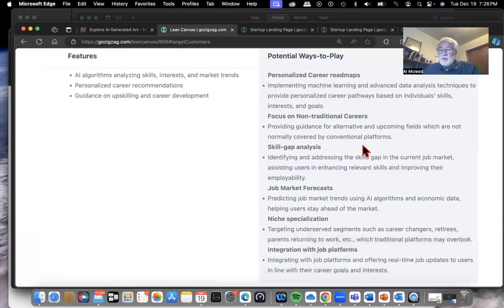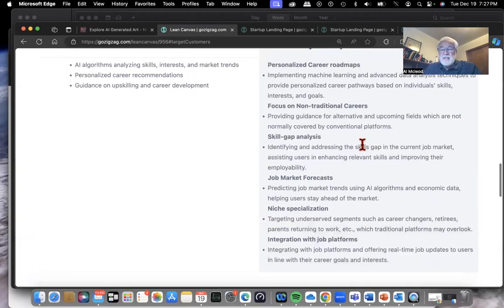Focusing on non-traditional careers. That's very interesting. So ones that are not normally covered by conventional platforms. That could be, for example, some kind of job, a social entrepreneurship role. A skill gap analysis, identifying the skill gap of a person. Job market forecasts,